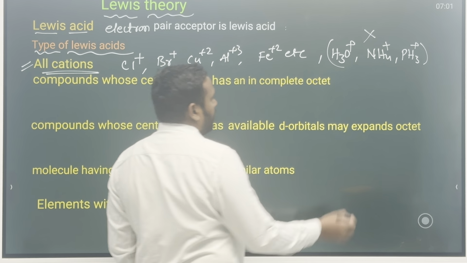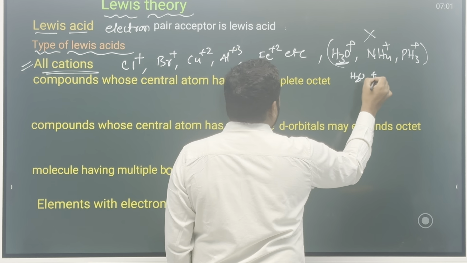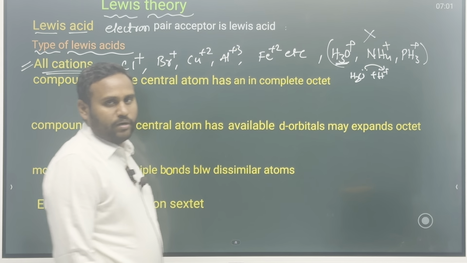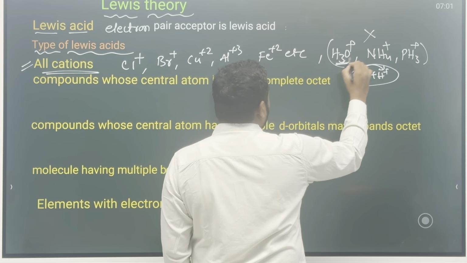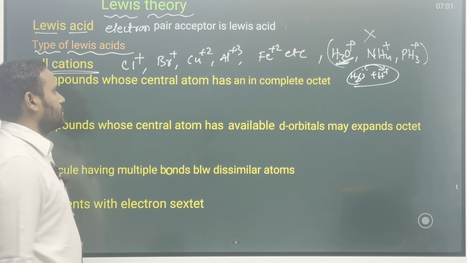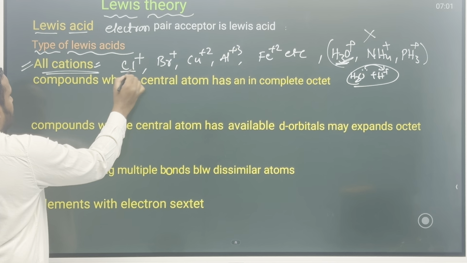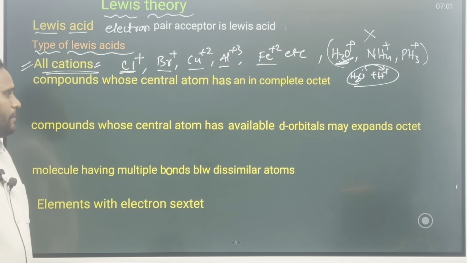Okay. So why? Because H3O plus, how is it formed? H2O plus H plus, here this is formed by a coordinate covalent bond. So now it won't accept the electron pair. Okay, electron pair. So cations generally have acidic character. Next,